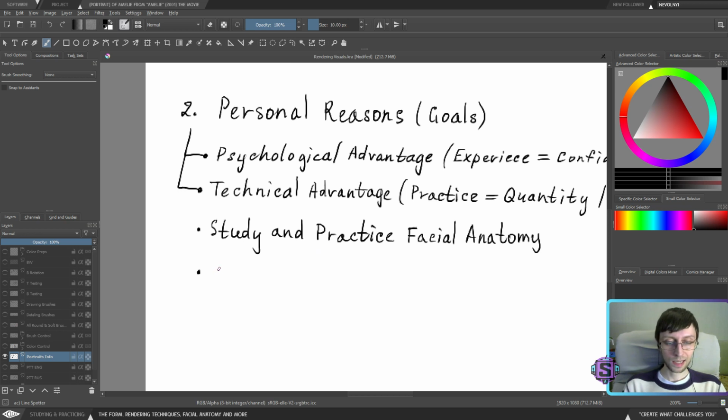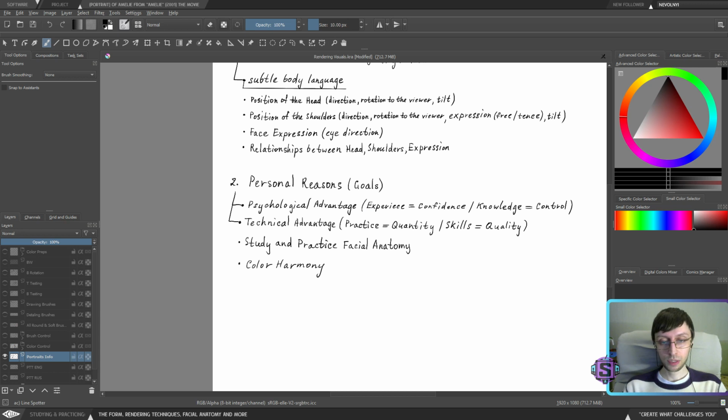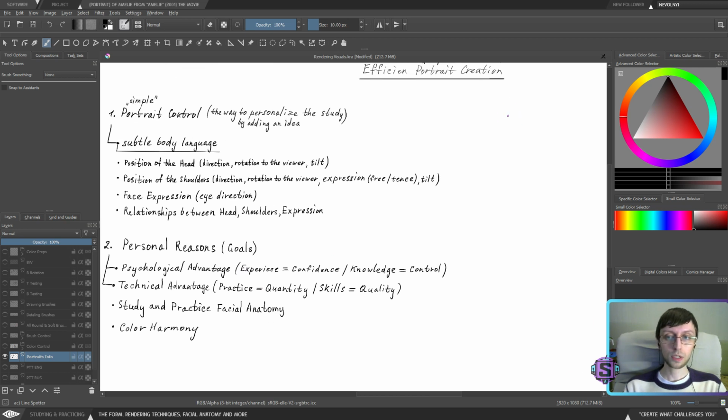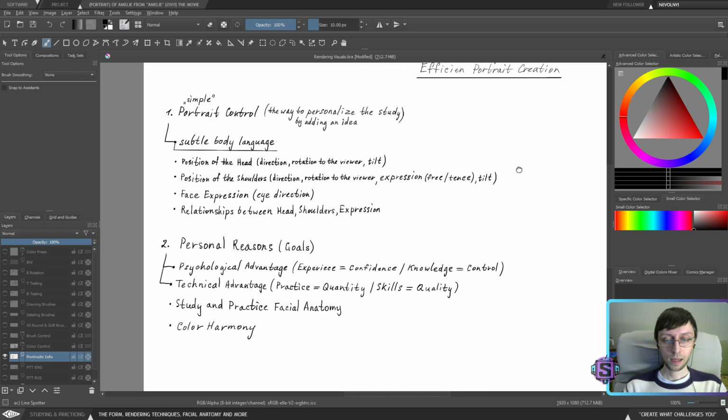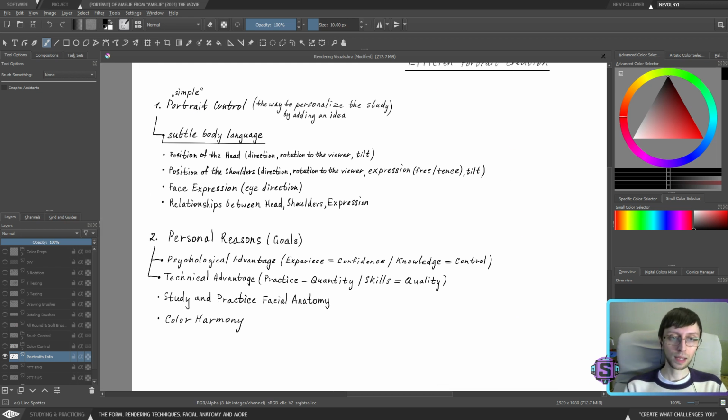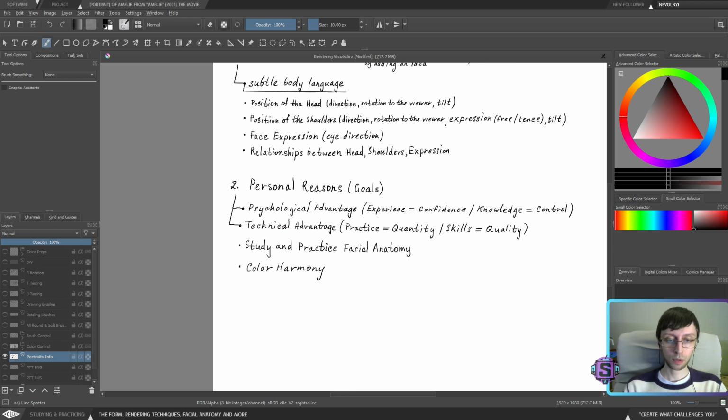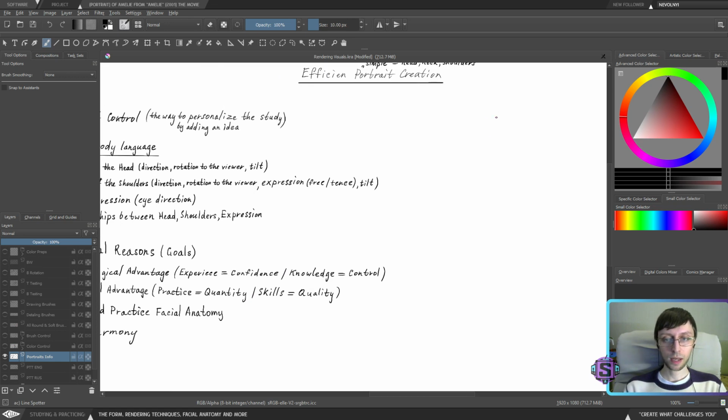The second one is color. Not just color, but color harmony. This is a new concept for me, and we will figure out how to control color. This will completely change the whole pipeline. The reason we're establishing these is personal, because the next three points are going to work with the pipeline, and the pipeline will completely change depending on these first two topics. So the more time you spend figuring these out, the clearer you will figure out your personal passes, which we're going to talk about